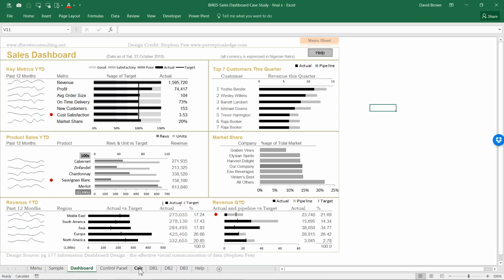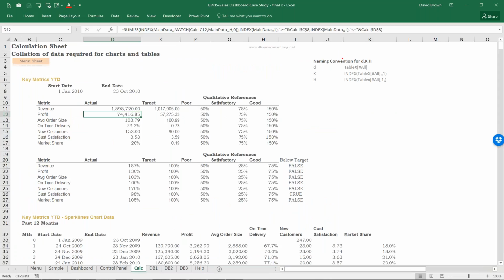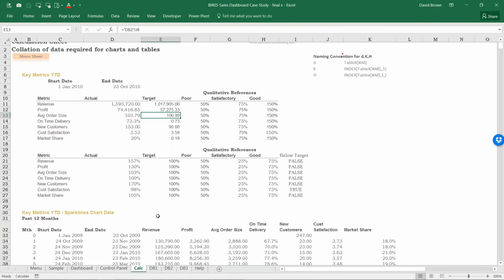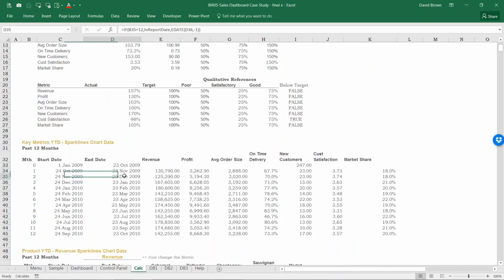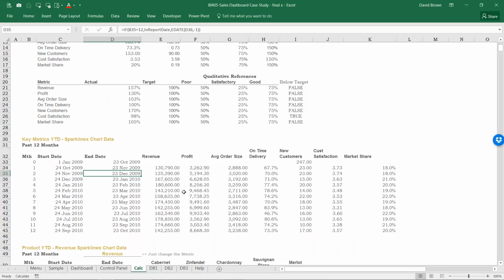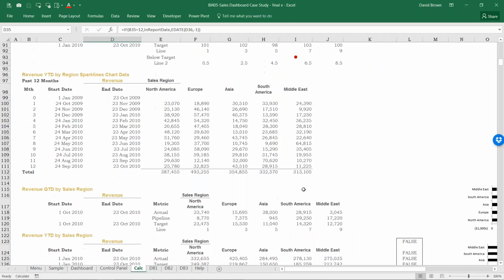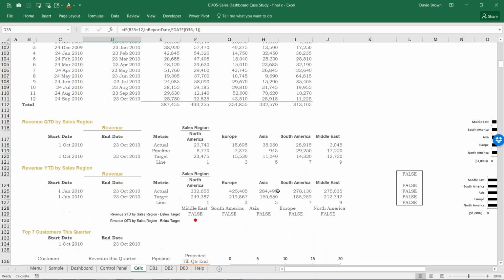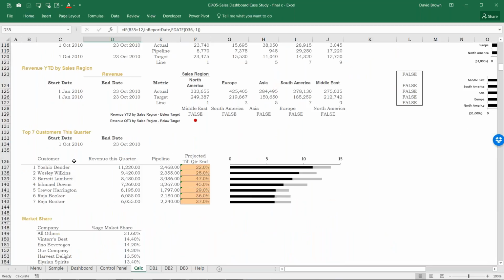So once you have your data, you go to the calculation sheet, and in your calculation sheet, you write all your SUMIFS, as we just learned, and arrange them, date matching them using various dates intelligently so that as your dates update, it updates as well. And then you can create charts from it. Once you create charts and tables, you can now take pictures of them and take them to your dashboard. So the secret of creating your dashboard is to take pictures of your charts and tables and arrange them in a dashboard.